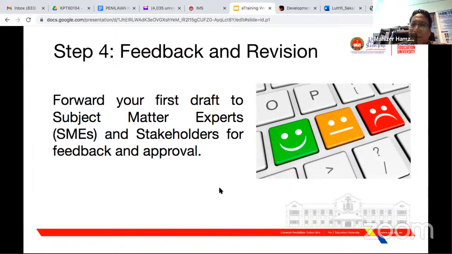Jadi anda memerlukan subject matter expert SME untuk melihatnya. Okay, stakeholder pula, contohnya kepada industri tadi. Okey, majikan tadi dia akan tengok sesuai tak untuk pekerja dia. Contohnya dia memerlukan belajar menggunakan mesin, ada tak kandungannya tu memang benar-benar membantu pekerjanya untuk mengendalikan mesin. Okey, jadi kat situ dia akan nampak, dia akan semak balik lah. Jadi oleh itu yang penting untuk kita bagi kepada subject matter expert untuk feedback.